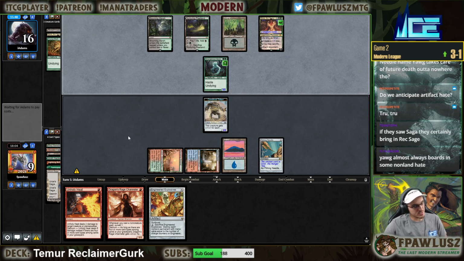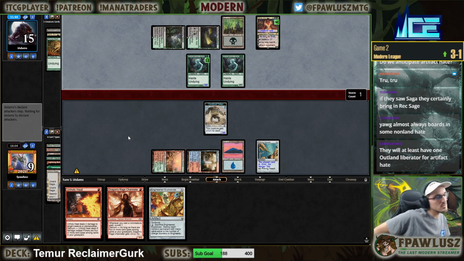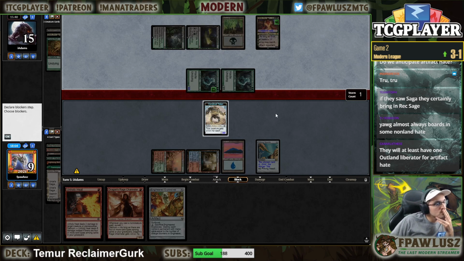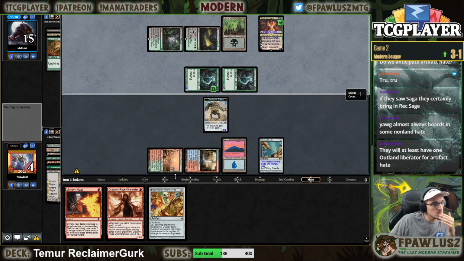BG Saga, they bring in Grixis. They don't play Rex Sage anymore. They play the 2-mana version, which I think is better, to be honest. I'm gonna take 5 down to 4. If we find a land...